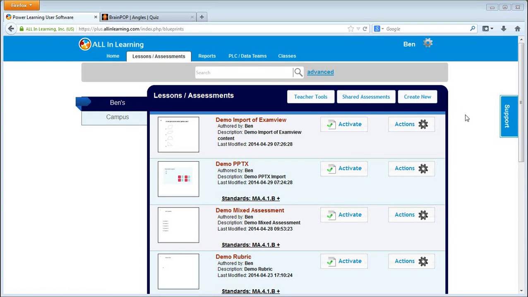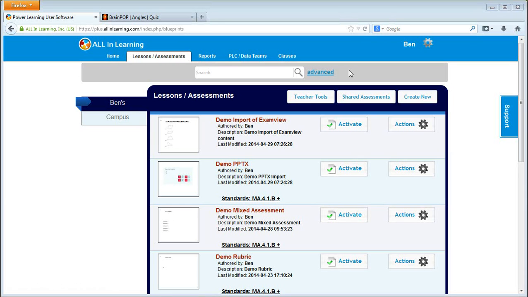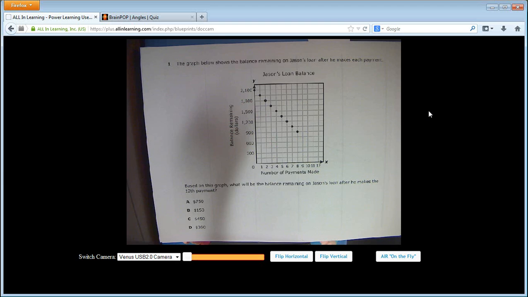I'm going to show you another way to use Air on the fly, and that's in conjunction with a USB camera or the grading camera that we have. I can go to Teacher Tools and use my document camera. This is going to bring up a document window so that we're able to see whatever the camera is looking